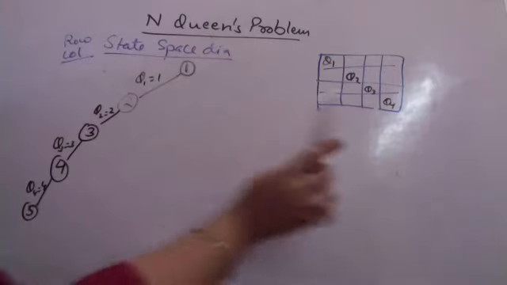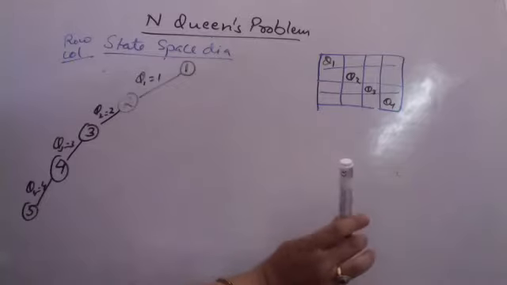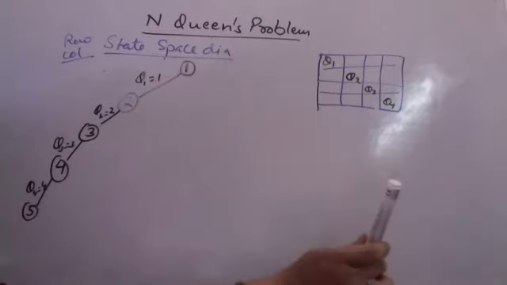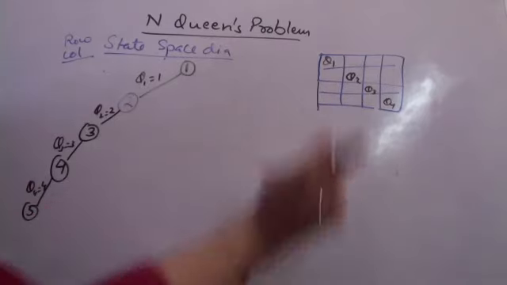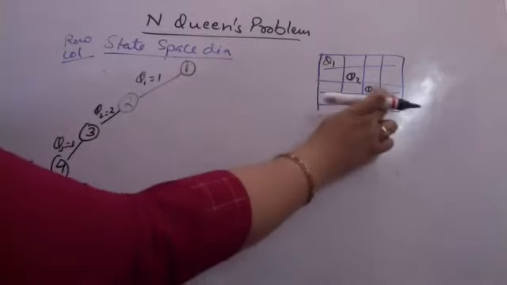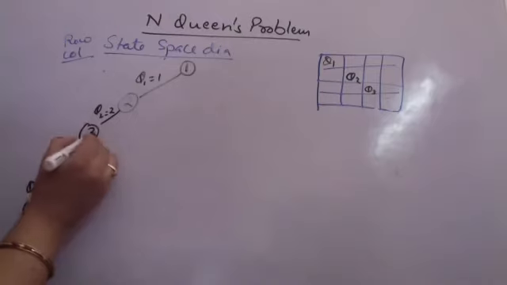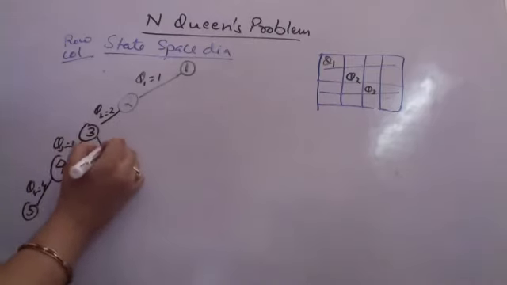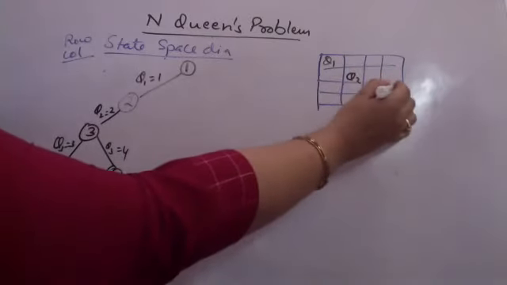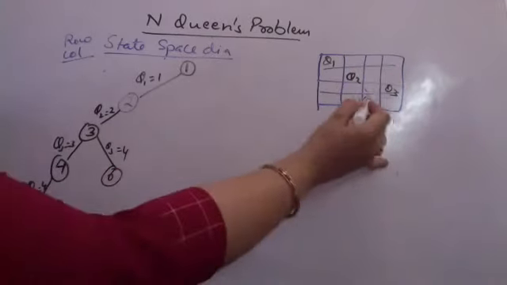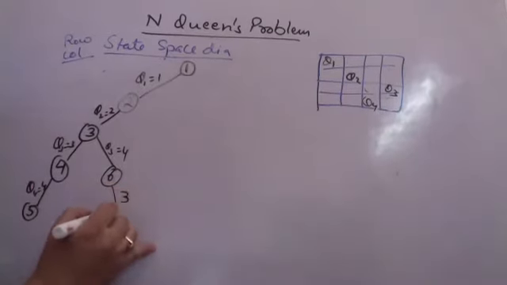How do we backtrack? Is there any other location for queen 4? No, there is no other location for queen 4. Every column has been used. So we backtrack by changing the location of queen 3. Is there any other possible location for queen 3? Yes, there is one more possible location, which is the fourth column. So we now put queen 3 in the fourth column for another possible solution. And then queen 4 can be put in the third column.